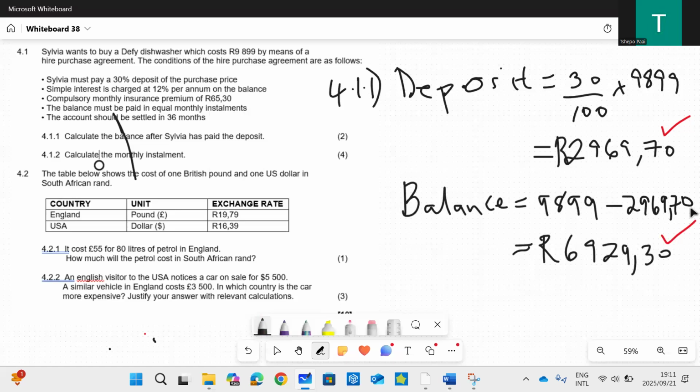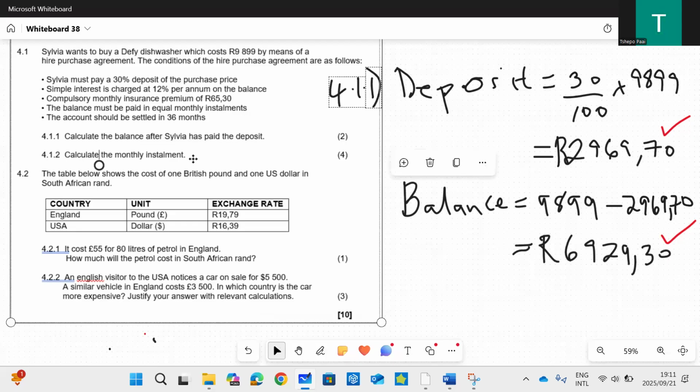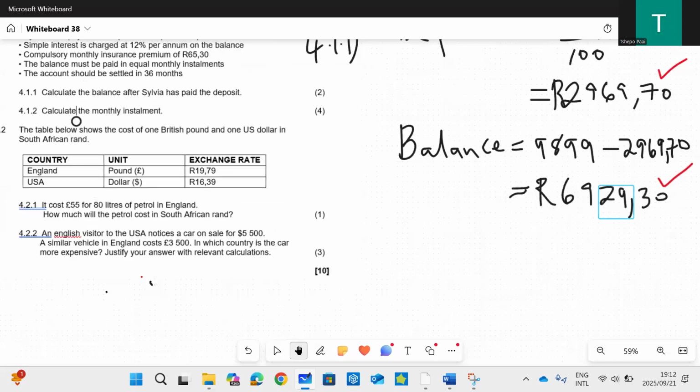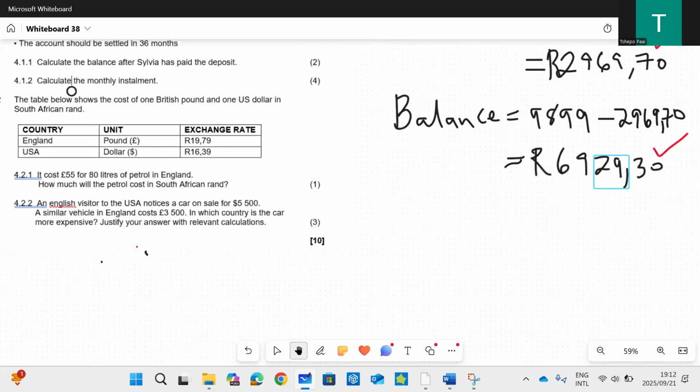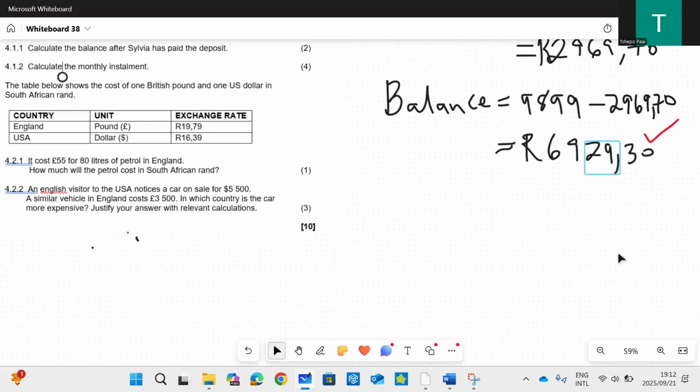Let me just move the screen up so that I can get space for 4.1.2. Now, 4.1.2, what are they asking for? Calculate the monthly installment. Now, remember, guys, we know that the balance after the deposit was paid is